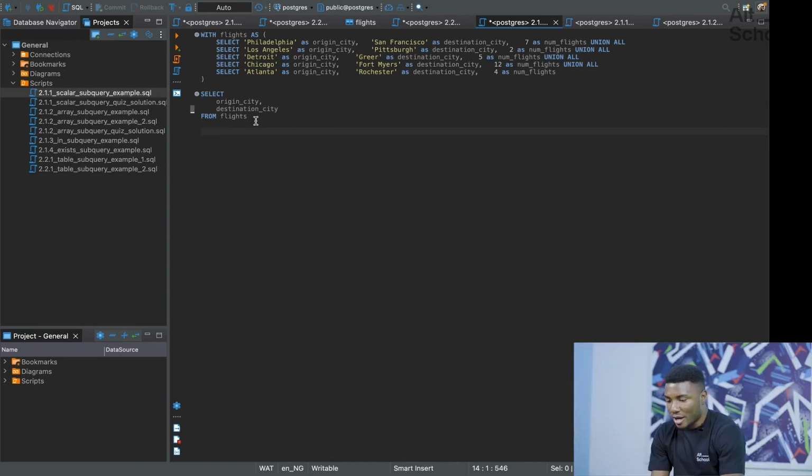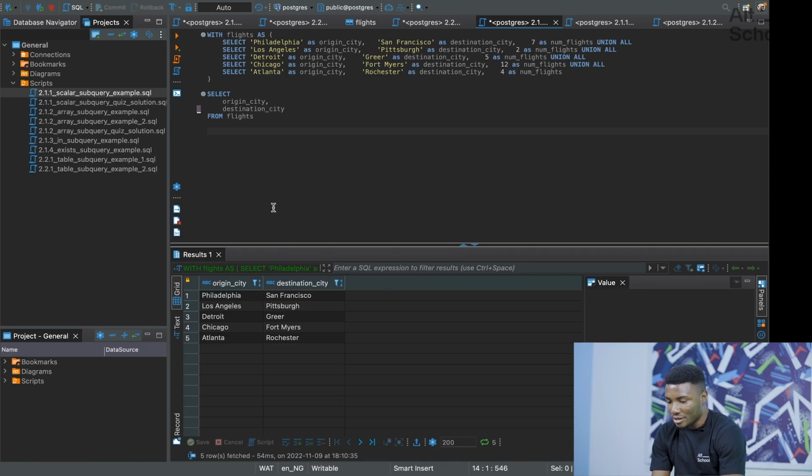Right. So I have the origin city and destination city selected. If we run this, we can see the origin city. You can see the result of the query. Now, I want to add a scalar subquery that selects the average across the table. Right. We can say